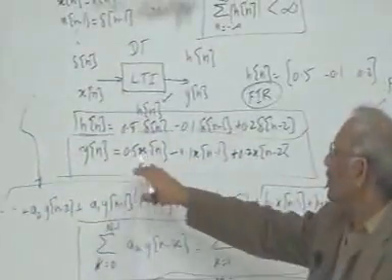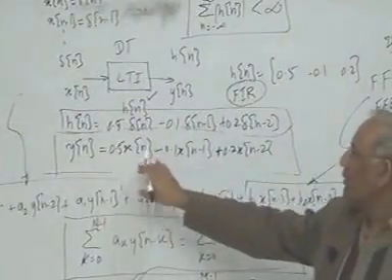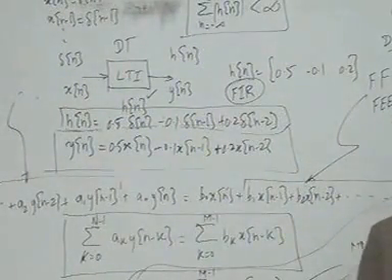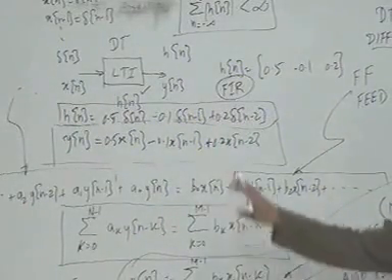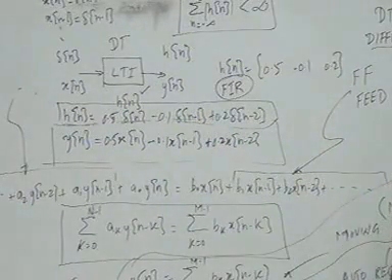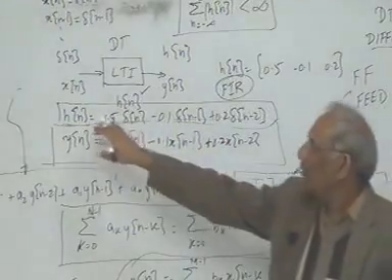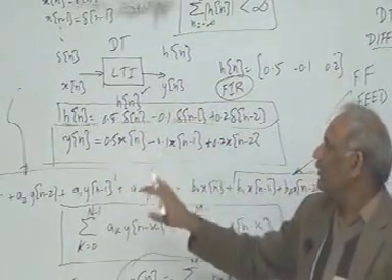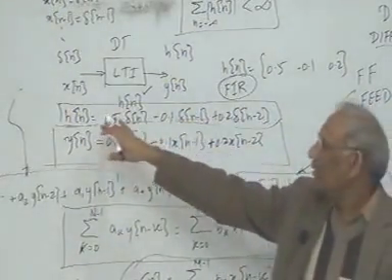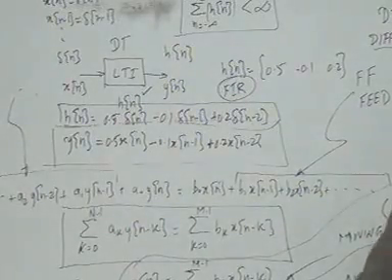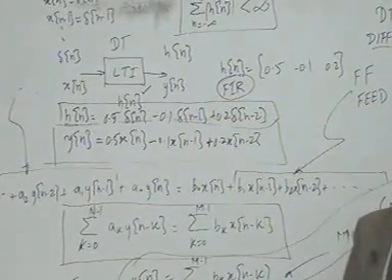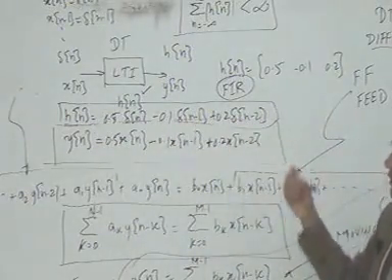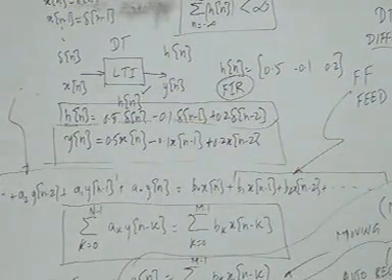So if a moving average system is given to us, how do we know it is a moving average system? Because we have just feed-forward terms. If you have just feed-forward terms and no feedback term, this is a moving average system. Then we can find the impulse response just by replacing x of n with delta n, and we end up getting h of n like this. And you will see that your impulse response will have a finite number of terms, because all the feed-forward terms contribute a single impulse.